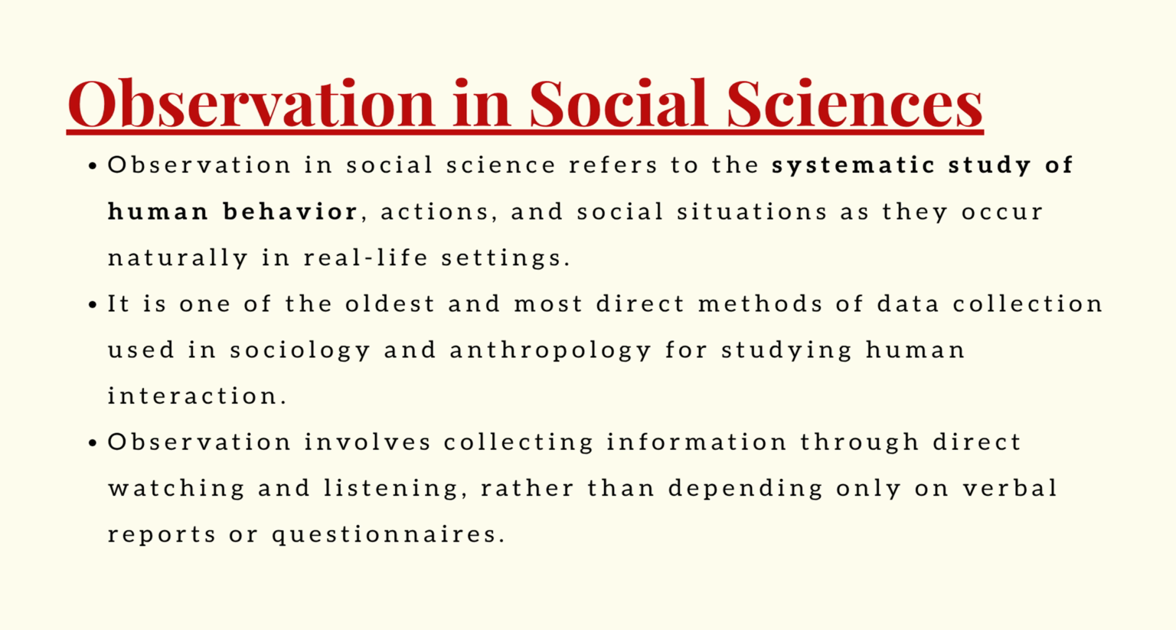Observation in social science means carefully watching and studying people's behavior, actions, and social situations as they happen in real life. It is one of the oldest and most direct methods of data collection used by sociologists and anthropologists. Through observation, researchers collect information by seeing and listening to people in their natural surroundings instead of depending only on what they say. It simply means carefully watching and studying people's actions, behavior, and situations as they naturally occur, without